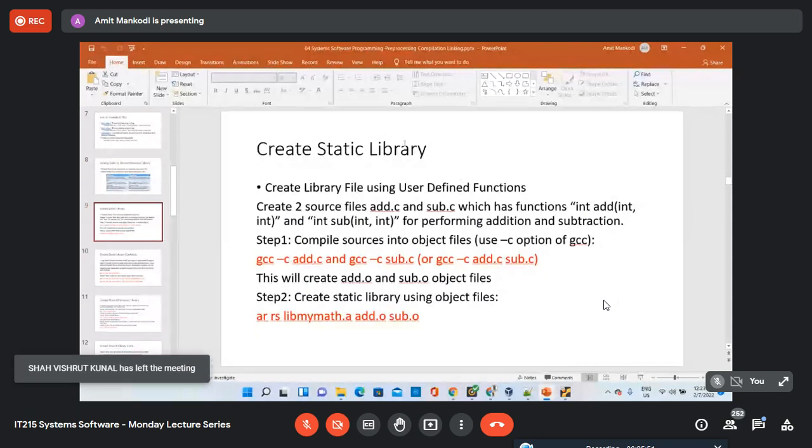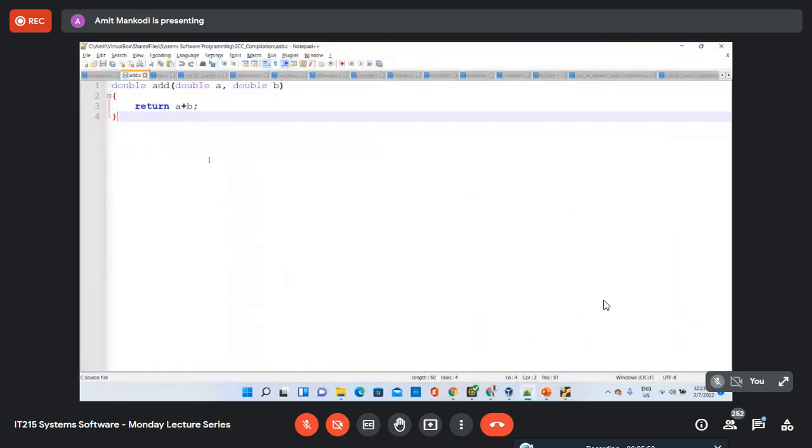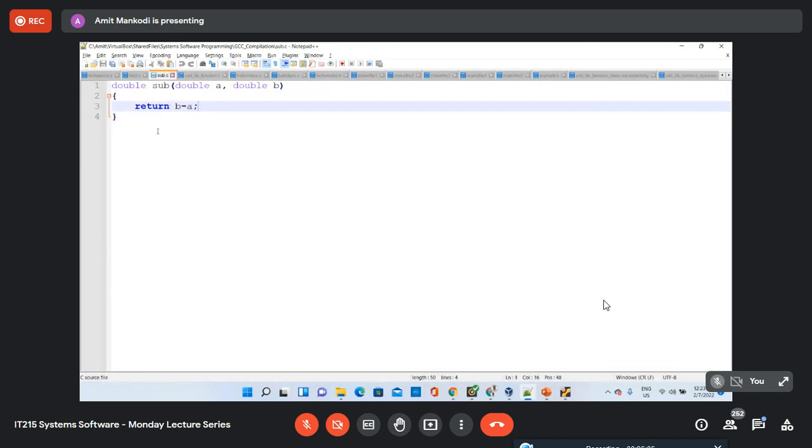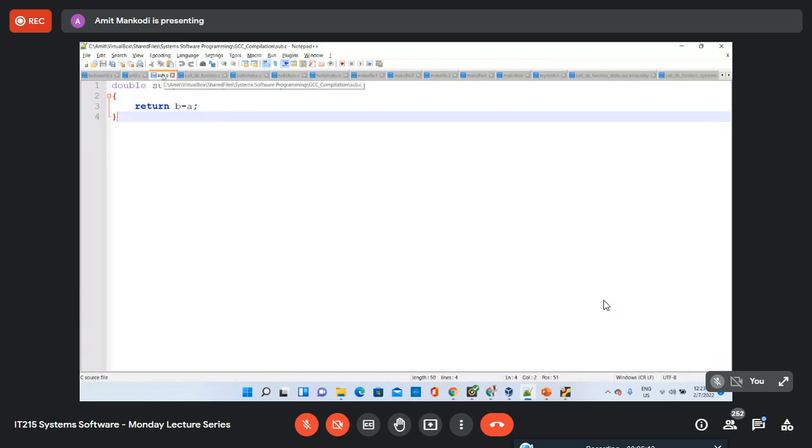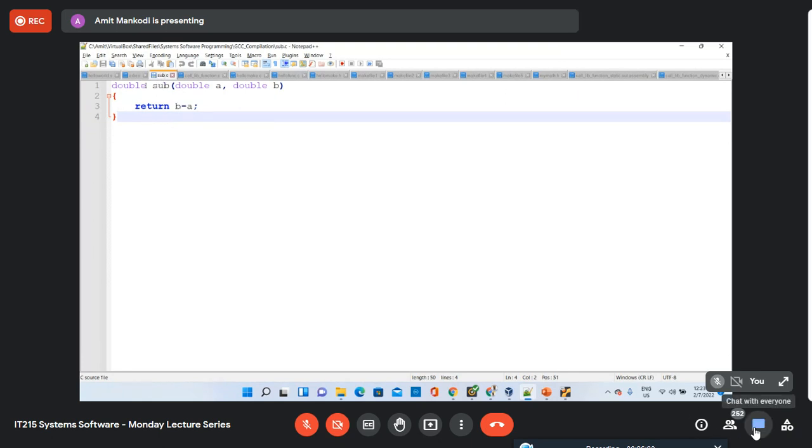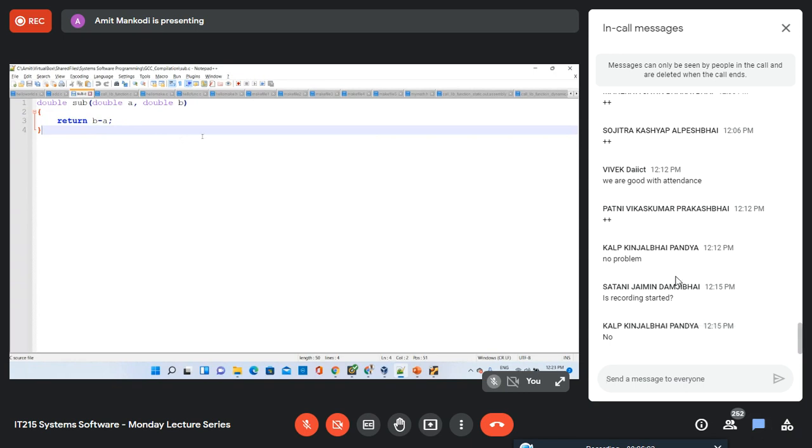So now we are going to create our own static library. Let's say I have 2 files here, add.c and sub.c. You could include multiple functions in the same C file, or you could have multiple C files. I use multiple C files so that I can show you that you can even create a library file using multiple object files, right? So we have an add.c file and a sub.c file. Out of this, we are going to create object files first in order to create the library file.